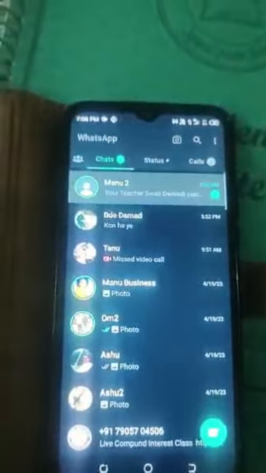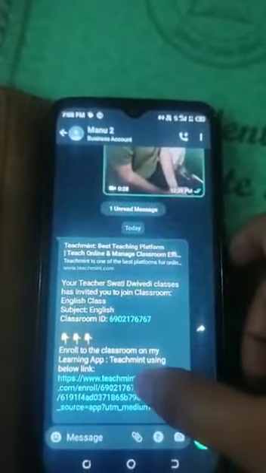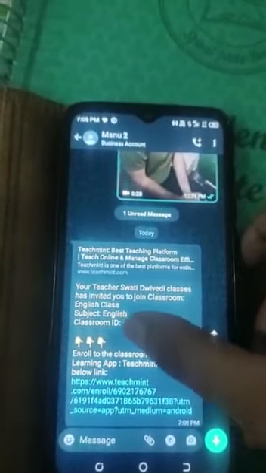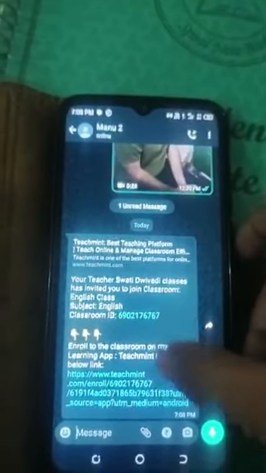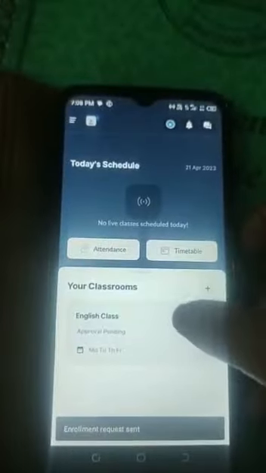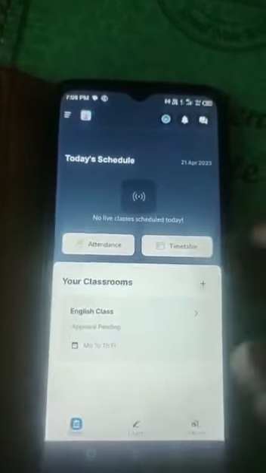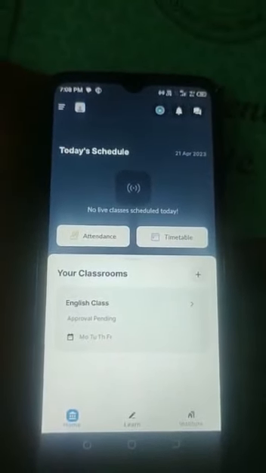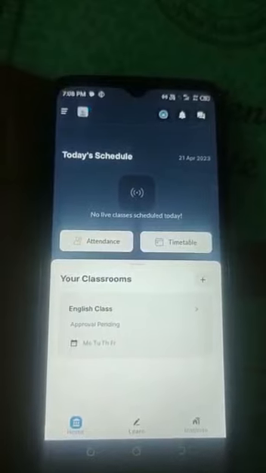You can see I got the message on WhatsApp from my official number. I will press on this. Here it's a link and it's a classroom ID. You can directly put the classroom ID also, or you just press on this link. When you press on this link, you will automatically go to the institute. You can see English class approval pending. So here when I give you the approval, then